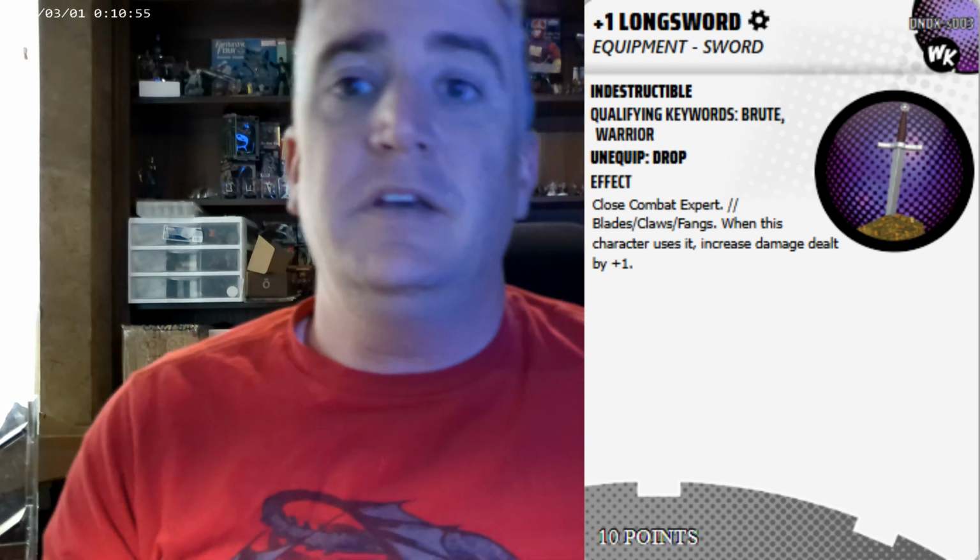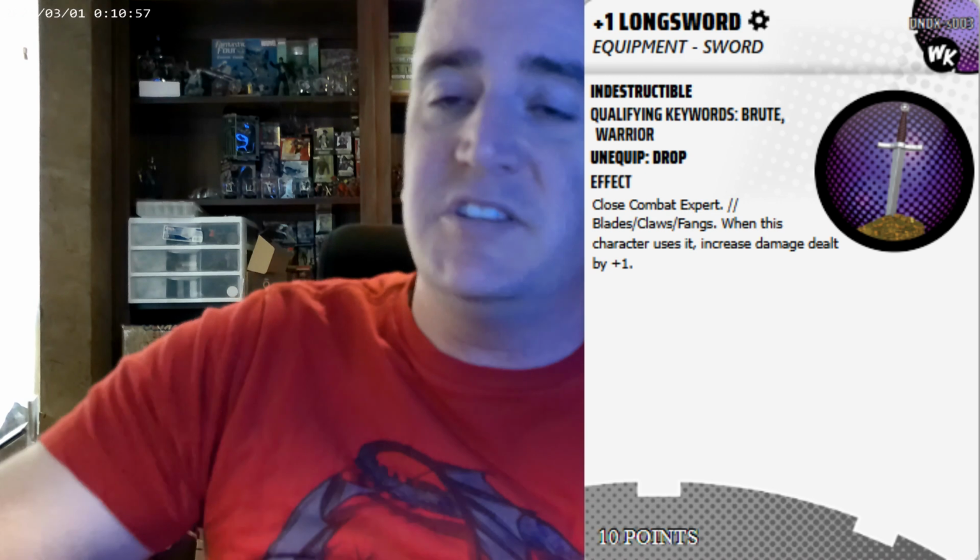+1 Longsword. I'm just scared that that's going to break off at some point. It's already bent, but sitting in a pile of gold. Free to equip on brutes and warriors. In my unboxing, well, not my top 3 by rarity for the Spider-Verse set, I think I mentioned that